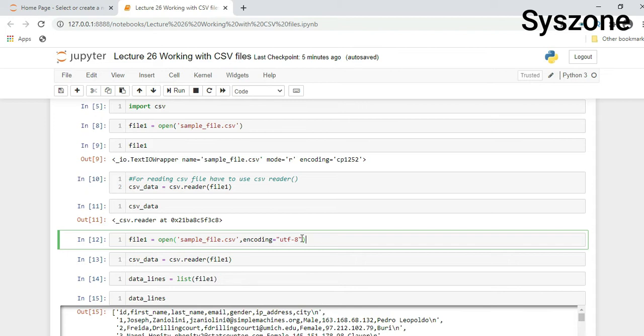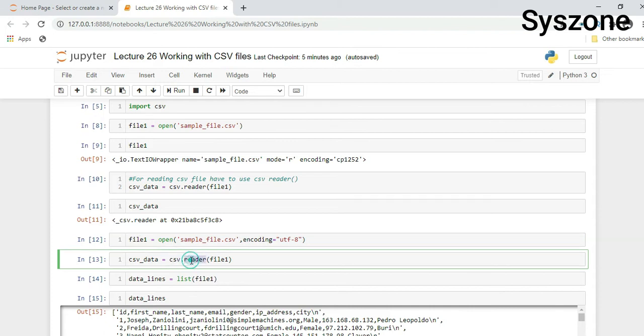After opening it we are storing it into the file1 variable. Again here we have to read this file: csv.reader, inside this we have provided the file name. After that we are storing it into the csv_data variable. Now our file is stored.